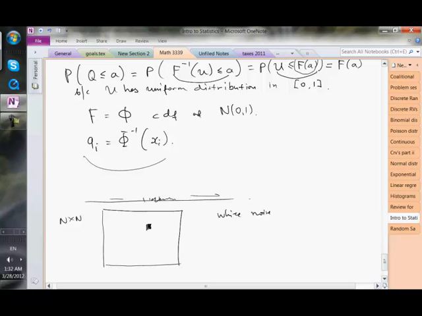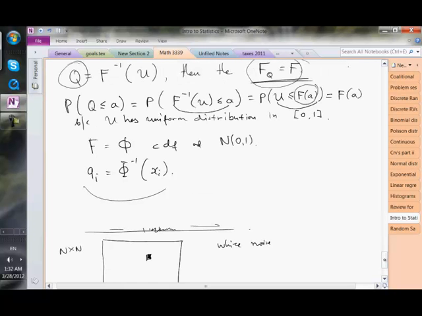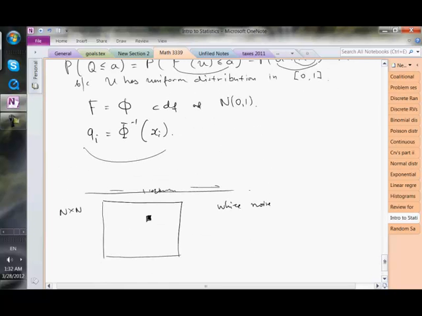You will take x sub ij, a realization of the uniform distribution between 0 and 1, and of course both i and j will be between 1 and n,